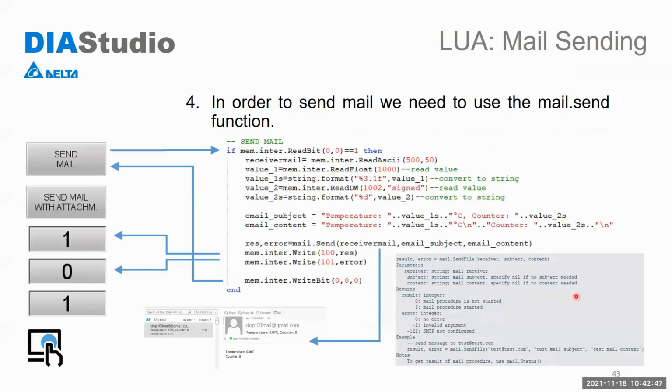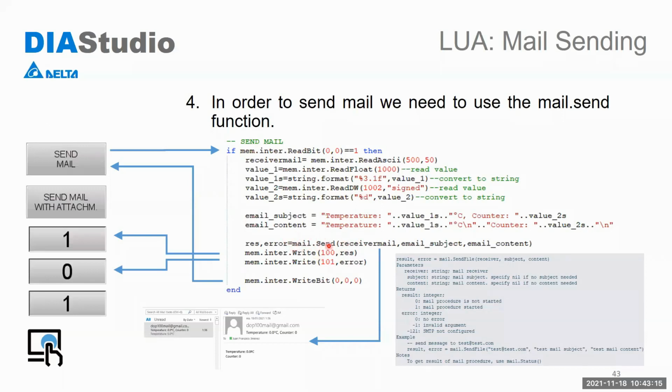Okay, so once you have already set up, let's say, the internet connection and the SMTP on your .100, and you have also set up the server side, the Gmail in this example, then the next is the Lua code, and it's quite easy. Again, the function in order to send the mail is this one,